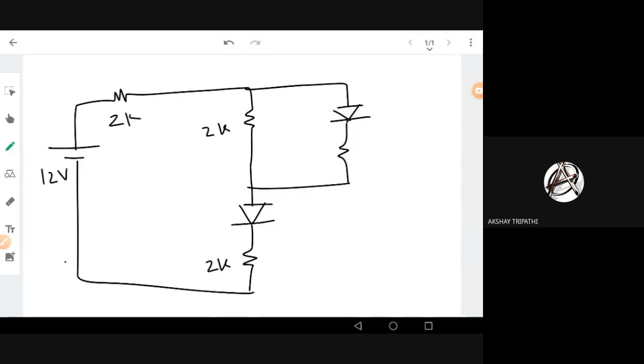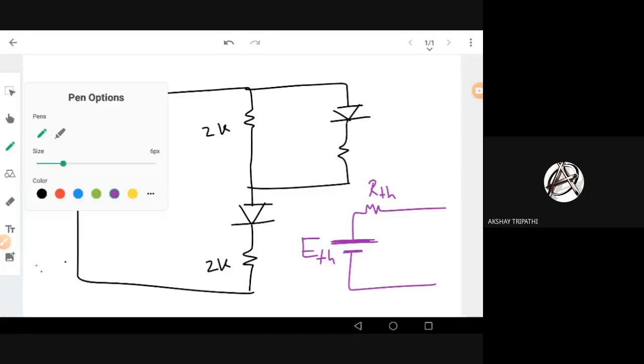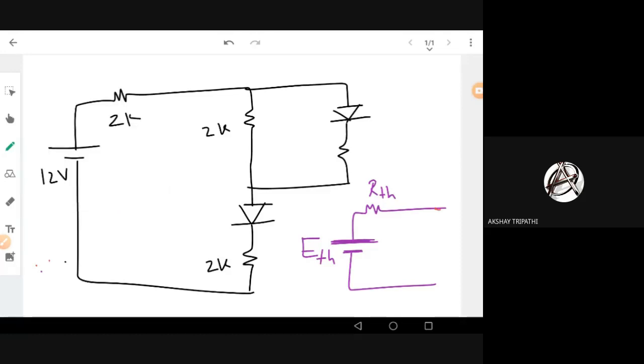Okay. So right now, what I'm trying to do is model all the circuit. This complicated circuit I am modeling into a simplified circuit like this: a Thevenin voltage and a simple resistance. So we should appreciate the importance of the Thevenin theorem, and we are able to do it very simply. Right. Now, after finding the Thevenin equivalent, we just need to connect our diode and our resistance. This is also 2 kilo, for example, 2k.